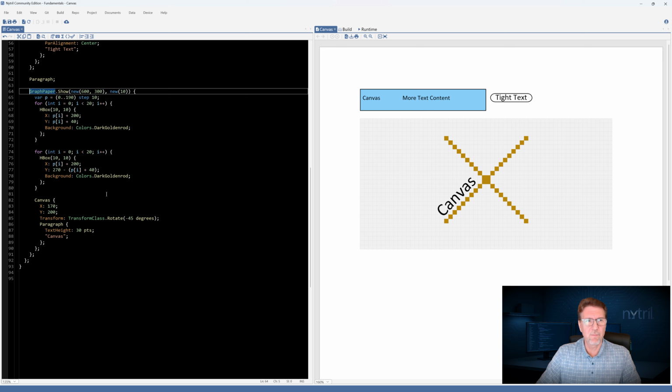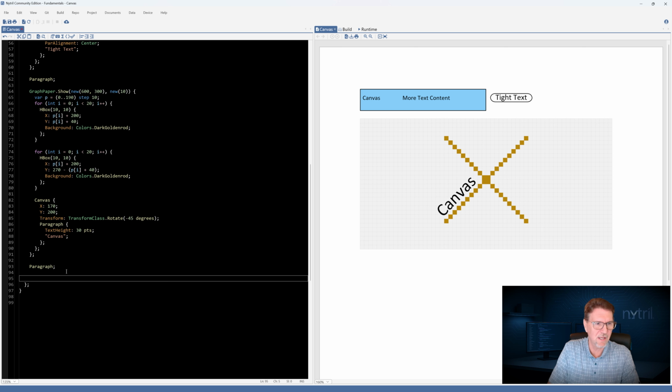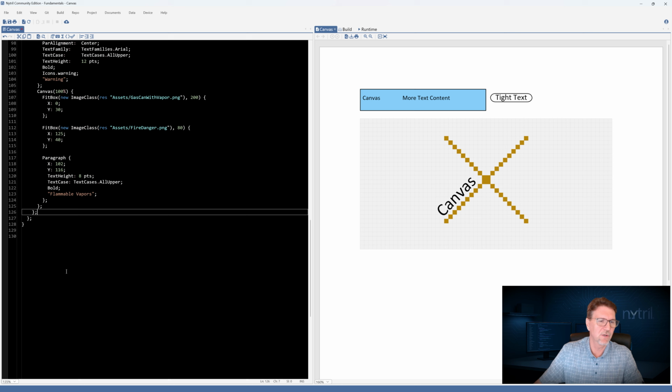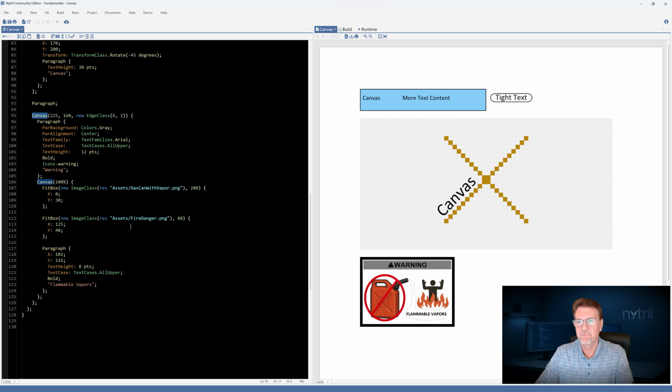So let's take a look at a somewhat more realistic use of a canvas. So let me find the bottom of my graph paper here. I'm just going to put in a paragraph as a line spacer, and then I'll paste in some code here. And so we're adding a paragraph, and I'm just going to run it, and then we'll talk about what it does here. So F5. So obviously we've drawn ourselves a little warning box for flammable vapors, something that you might see on an air compressor or a hot water heater or something that produces sparks. You don't want to store a gas can somewhere nearby or things catch on fire.